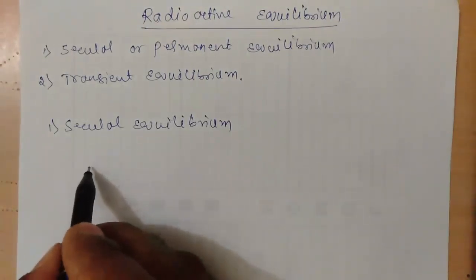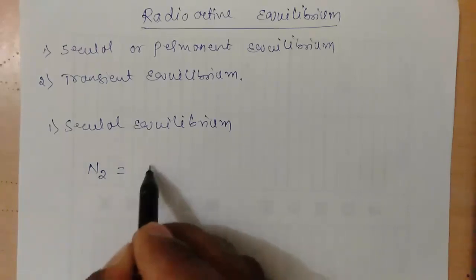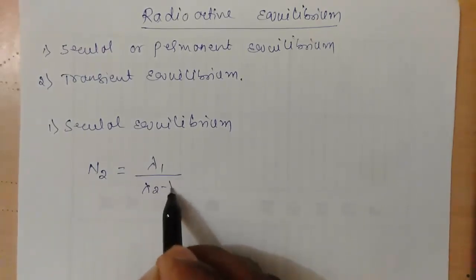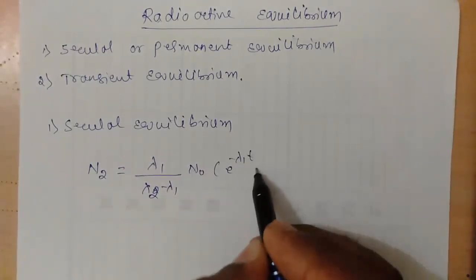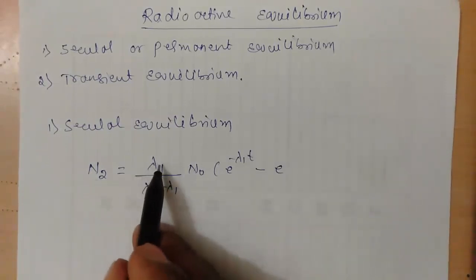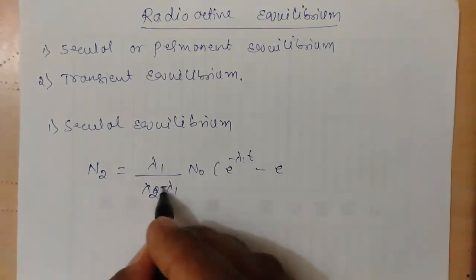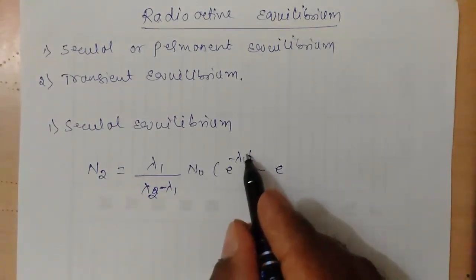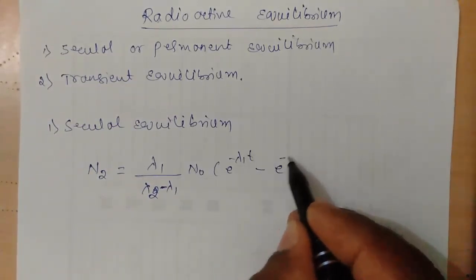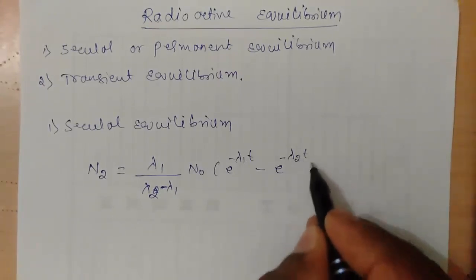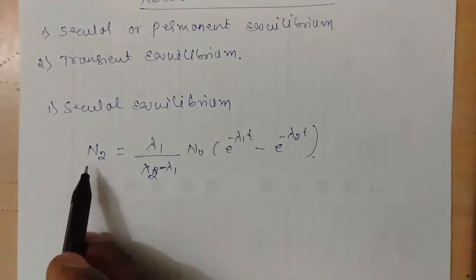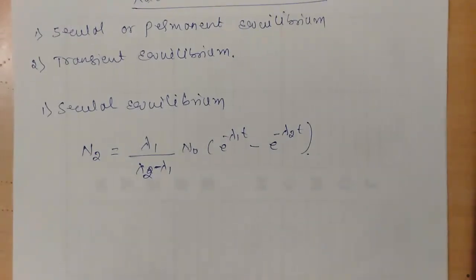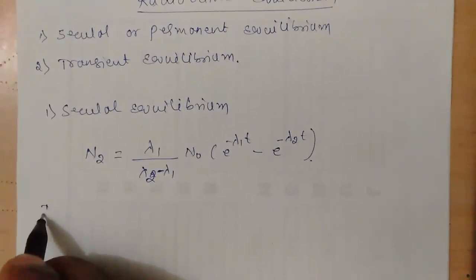From our previous derivation, we have obtained the number of atoms present in the radioactive sample of the second element at an instant of time t, given by n2 is equal to lambda 1 divided by lambda 2 minus lambda 1 into n naught into e to the power of minus lambda 1 into t minus e to the power of minus lambda 2 into t. So this is the equation for the number of atoms present in the second element, or the daughter nucleus, at any instant of time t. So now what do we mean by secular equilibrium? It means if